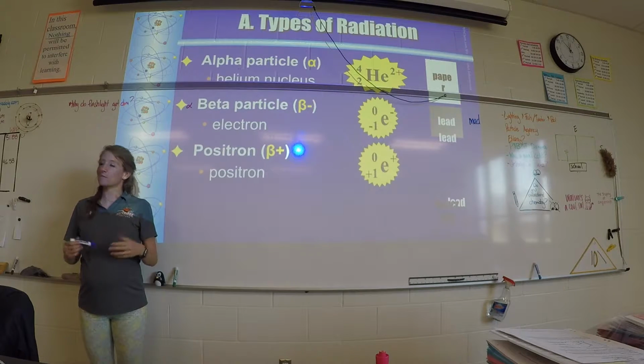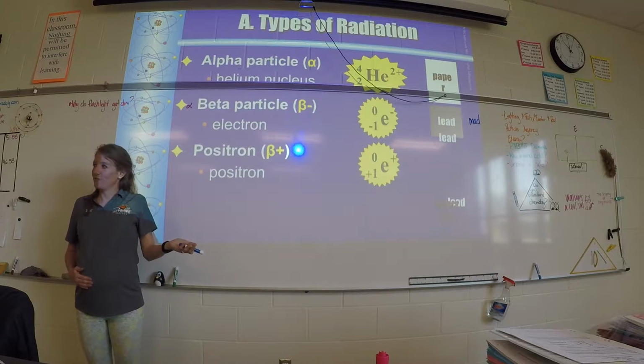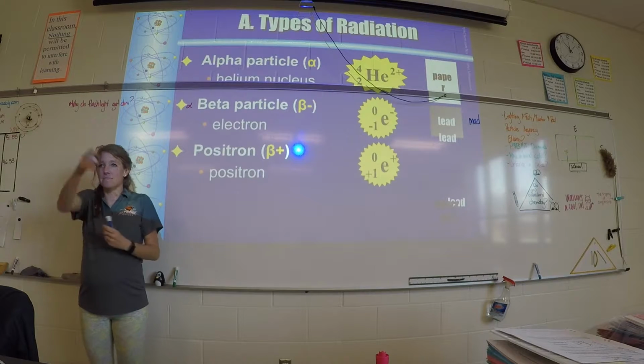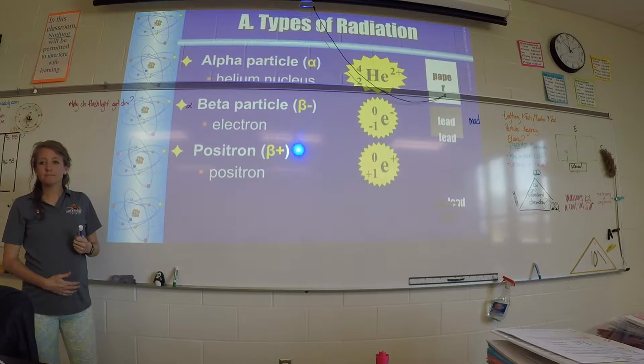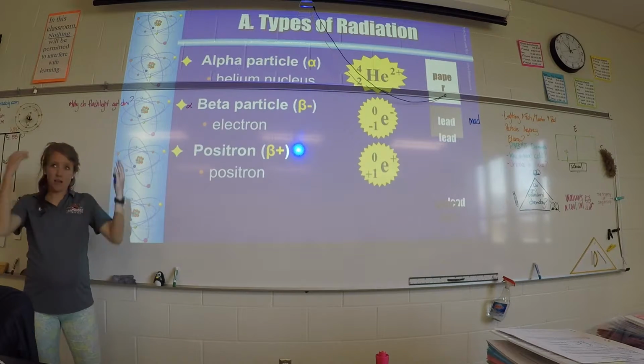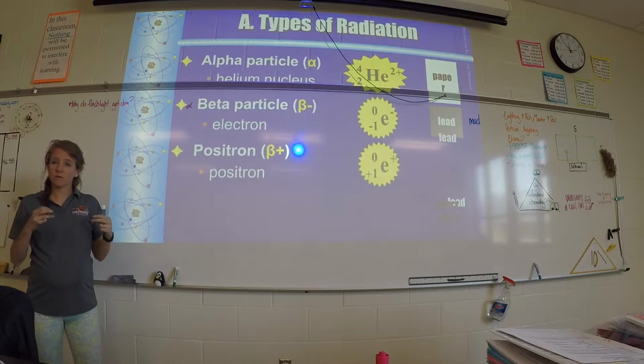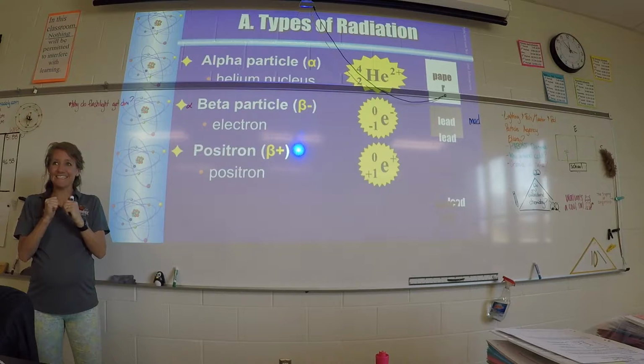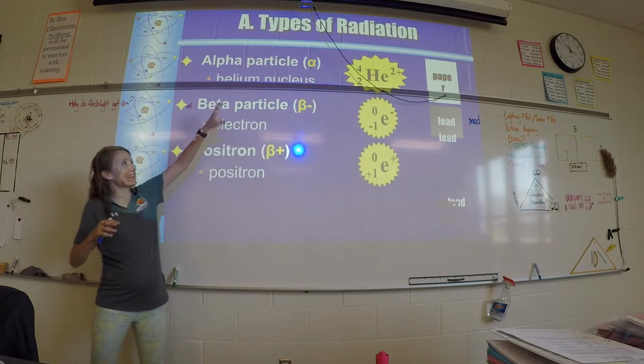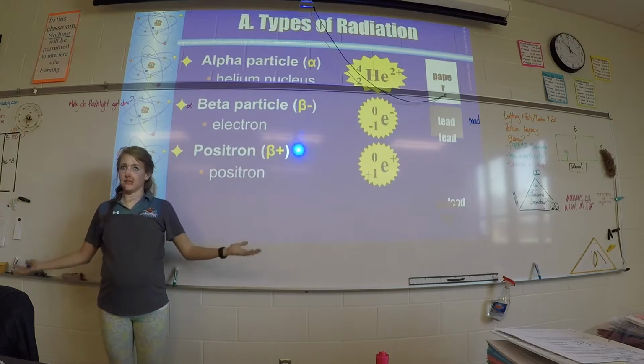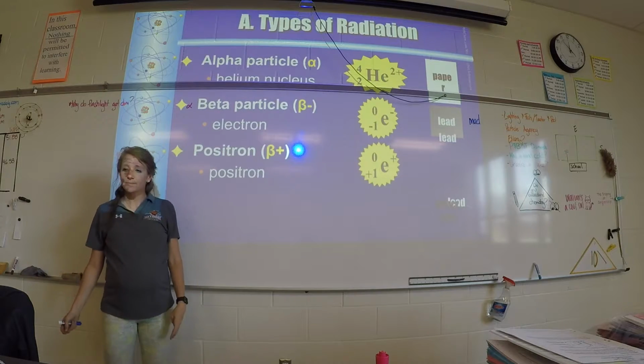I know, which is weird because we've always talked about electrons and that they're negative. Wait, it's an electron? It's an electron that's positive. Wait, okay. So where is the beta particle, like in general? It's in the nucleus. Oh, okay. And so these are the types of radiation that can come out of a nucleus.